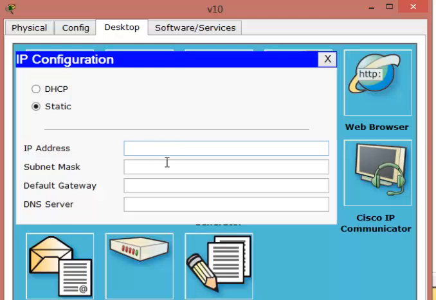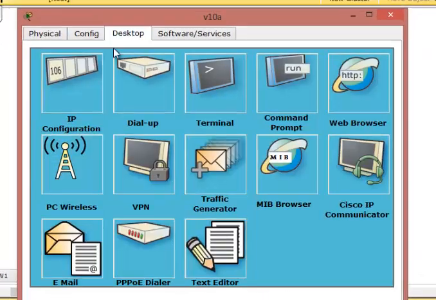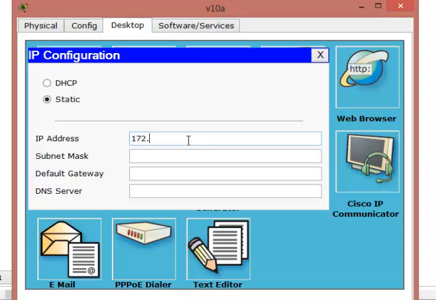The first PC on VLAN 10 gets 172.17.10.21. The other PC on VLAN 10 gets 172.17.10.22.